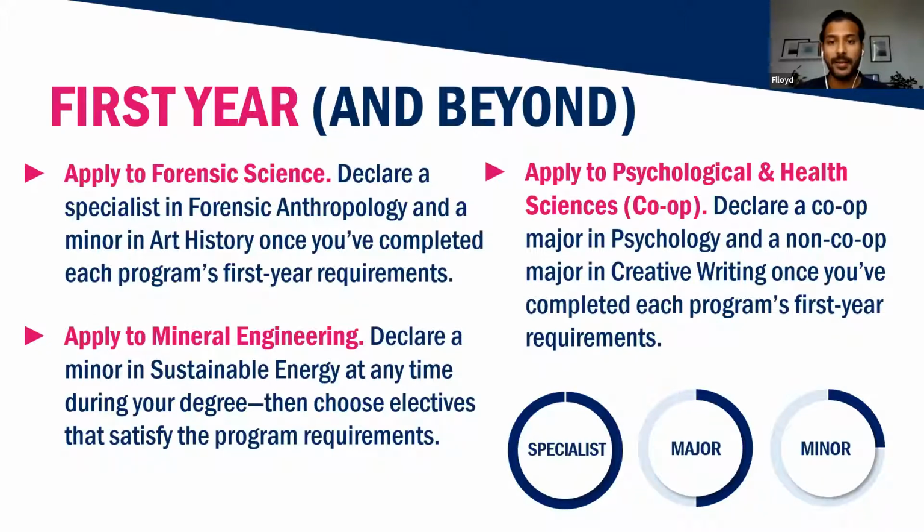So again, this makes it possible, and actually really common, for U of T students to discover new passions during their first year. That's kind of what happened to me. I did not apply to sociology from high school. It was a first year class that I took and decided to make that change. Again, this is going to inform your majors, your minors, and your specialists when you declare them at the end of your first year. So I hope that was helpful. I know there were a lot of questions around that portion of it.